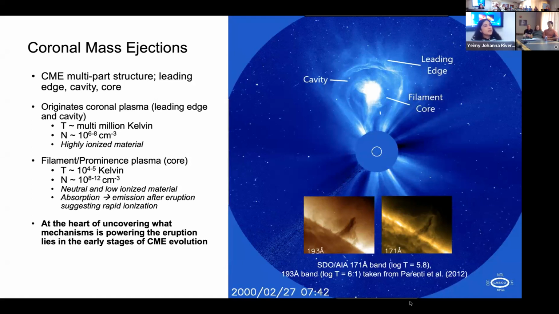So you can only really do that if you think the structure doesn't evolve, right? If it's just frozen into this particular structure in this particular shape, and it just expands out, and there's no evolution, then you get the sheath, the cavity, the prominence, all in one fell swoop if you're right at the nose of the CME. So if this was headed straight to us and ACE was sitting right here, then it would see everything in that order, right? I'm not sure if that's, I mean, we generally don't find the prominence.